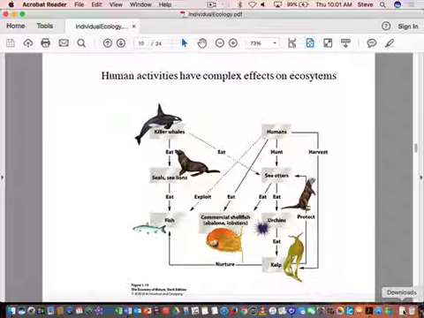Killer whales and humans. Humans not so much anymore, but there was a time when humans were doing a lot. And remember, we talked about the sea otters. So, okay, killer whales, what you can see is each line, what does each line represent when an arrow goes in a particular direction? Killer whales eat sea lions, right? Killer whales eat sea otters. Why is this one solid and this one dashed, do you think? Which is its primary food source? Yeah, seals and sea lions are the primary food source in this ecosystem.